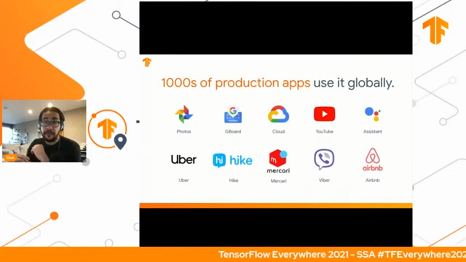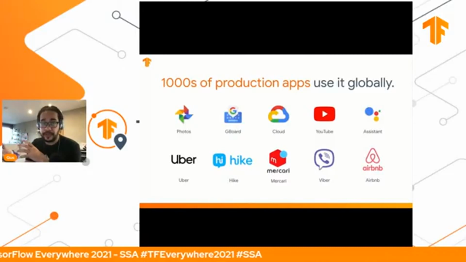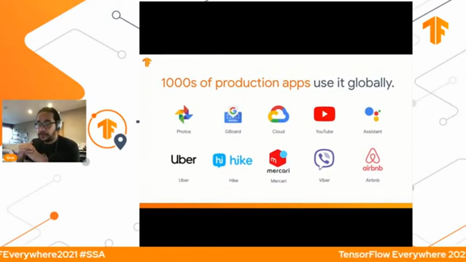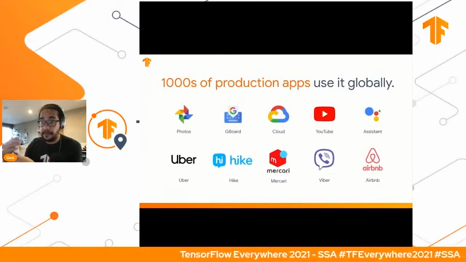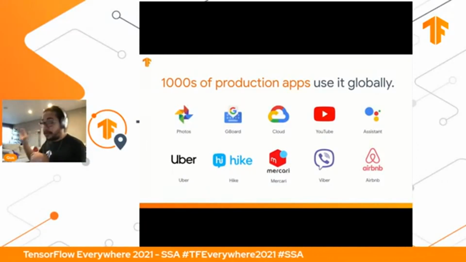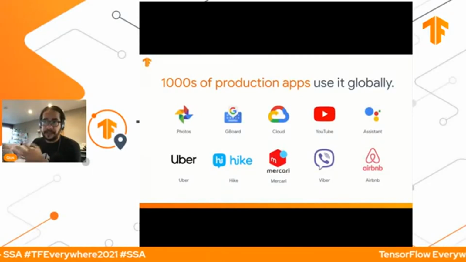Today, there are thousands of products already running machine learning on device. Of course the Google ones, as we all know, like YouTube and Assistant, make a lot of sense, and then we have other developers also using machine learning for multiple use cases. For example, when we are on a video conference and you want to blur the background, right? Here I'm not blurring my background, but some video conference apps allow that. This blurring is running machine learning on device locally.